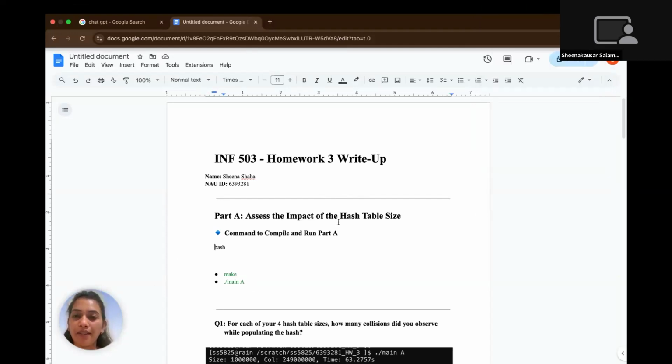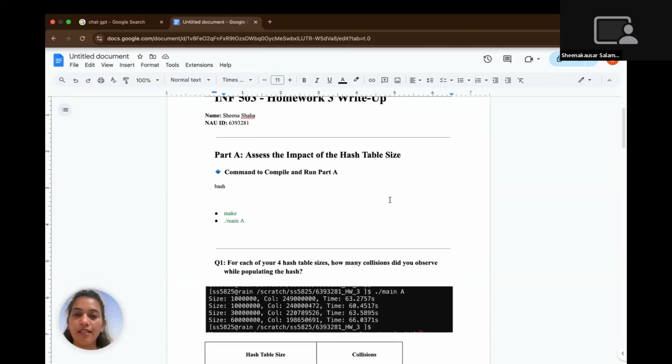So let's start with part A. In part A, I evaluated the performance of the hash table by varying its size. I used four sizes: 1 million, 10 million, 30 million, and 60 million. With each increase in size, the number of collisions decreased significantly.